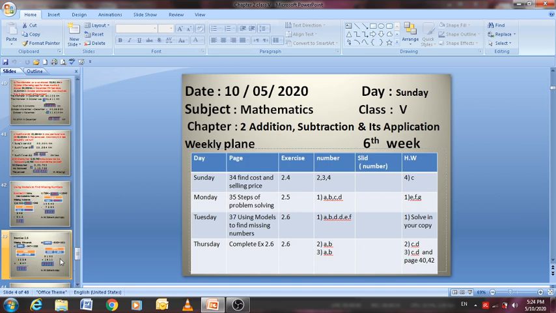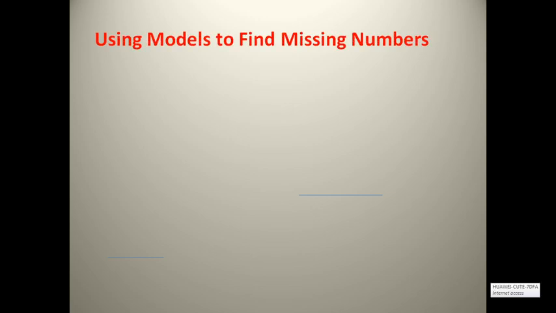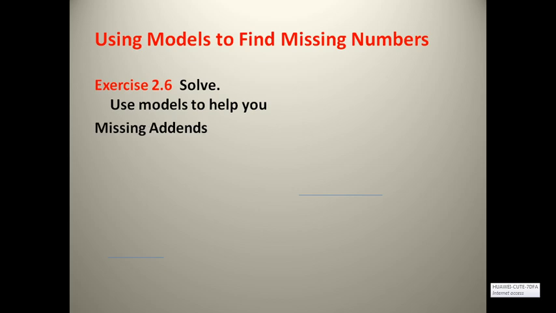Here, 2.6, using models. Using models to find missing numbers. Okay, here this exercise 2.6 we will solve. Solve, use a model to help you. Here, missing addend. First here, if we have